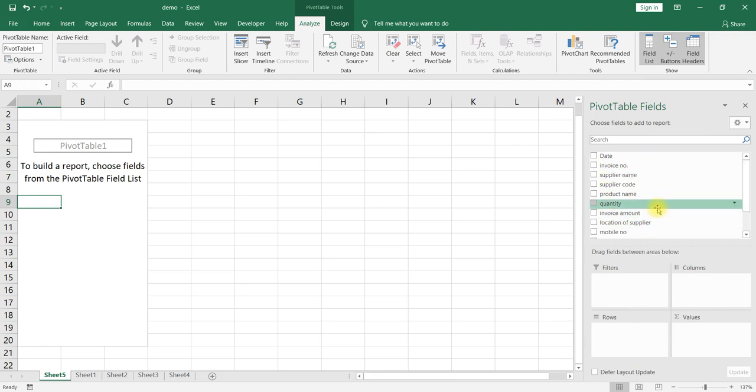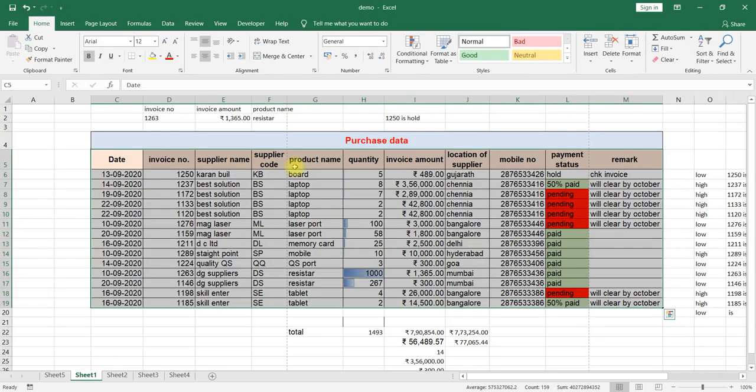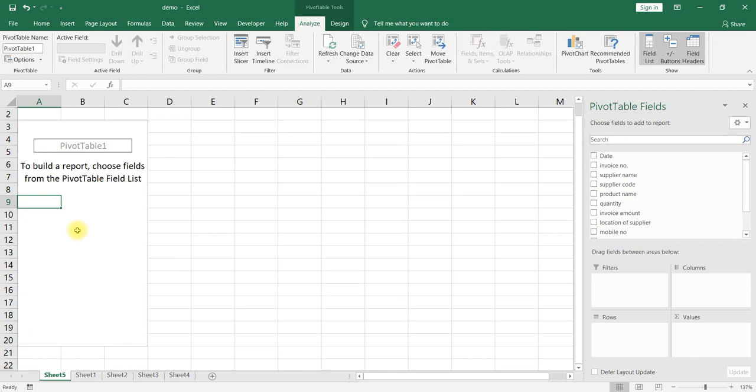In pivot we have to understand the structure. What we are going to do in pivot is summarize this entire data using a table. A table will have rows and columns.